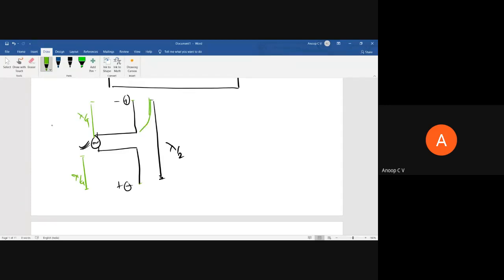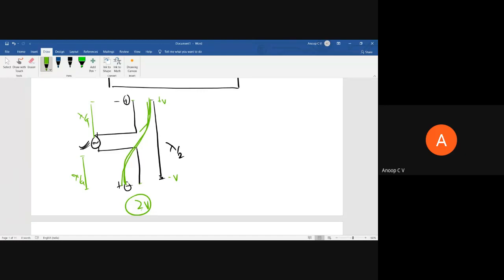And here it will be a negative maximum, right? So the voltage distribution will be like this along the transmission line. If it is lambda by 2, I told you here it will be plus V and here it will be minus V. So there will be maximum potential difference if it is lambda by 2. It can be smaller than lambda by 2, not a problem.